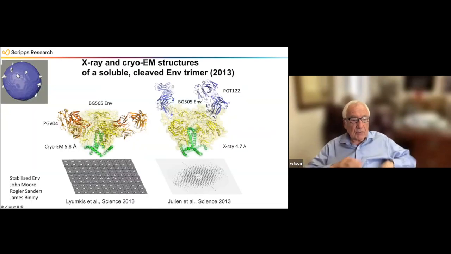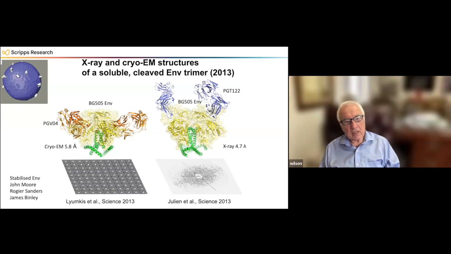So what we can see is that we got not only a crystal structure back in 2013, but we got an EM structure. This was just prior to the so-called EM resolution revolution. The EM structure was done in Andrew Ward's lab, and Jean-Philippe Julien, a postdoc, solved the structure in my lab. And so we could see the trimer, and we actually had antibodies bound, so we could see where some of the epitopes were. So again, that opened the door to be able to do more structures.